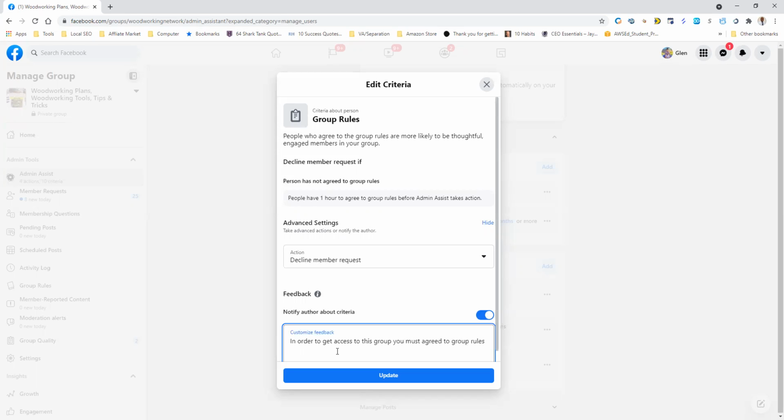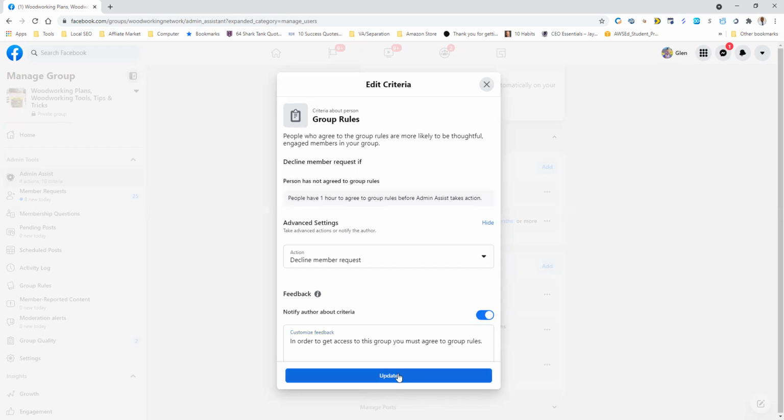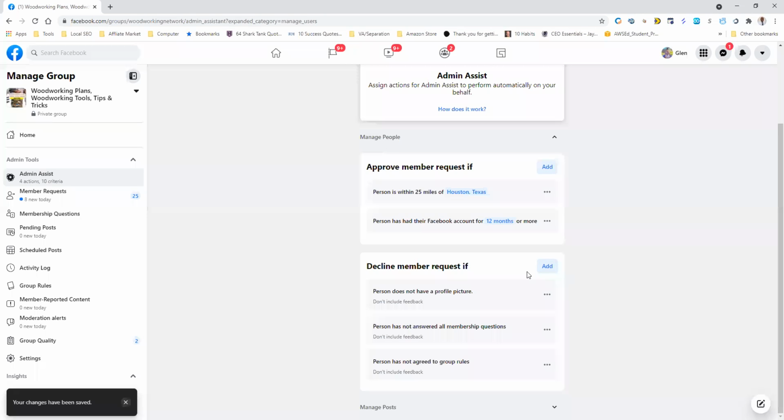You must agree to group rules. So I'm gonna set that up and see how it works. I don't know why it's saying don't include feedback.